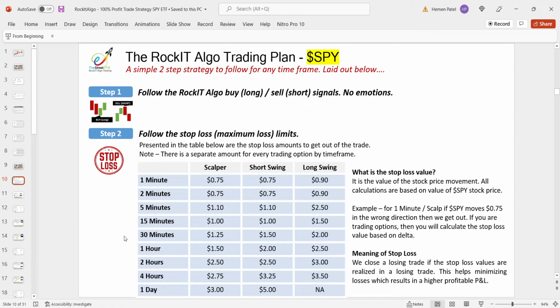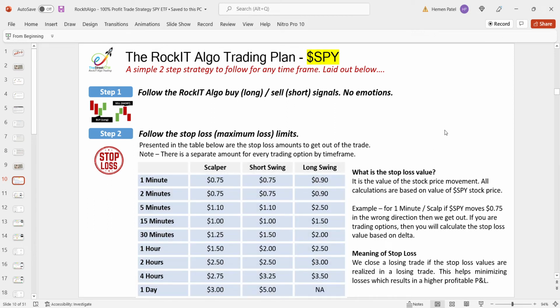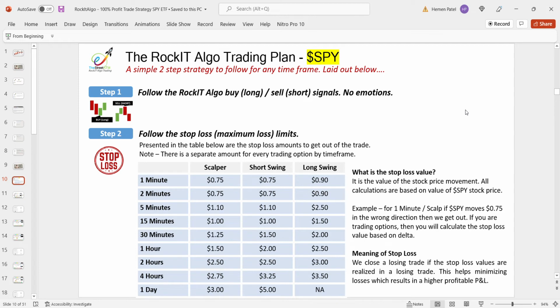loss in the options where once SPY has moved 75 cents against us, if we're trading the 1 minute scalper, then we get out of the options trade, or we put a stop loss calculated based on the delta. So remember this: the stop loss is very important. Losses are going to be there. That's a fact. How you minimize the losses, the expenses, is how much you're going to have a positive trading